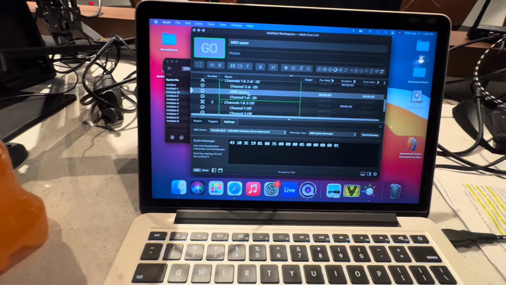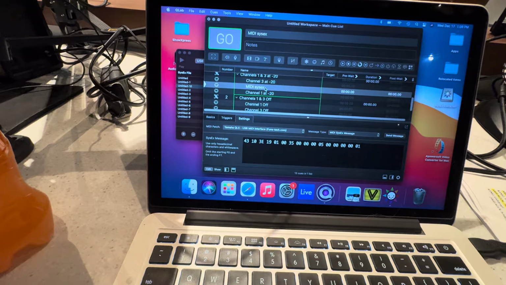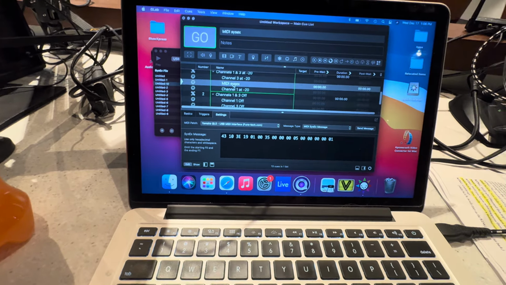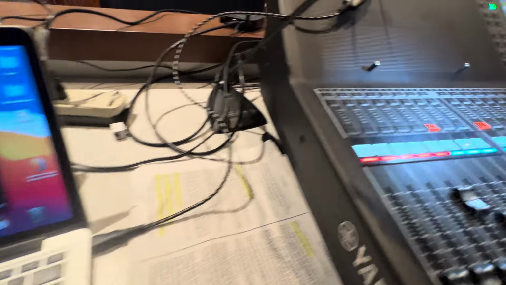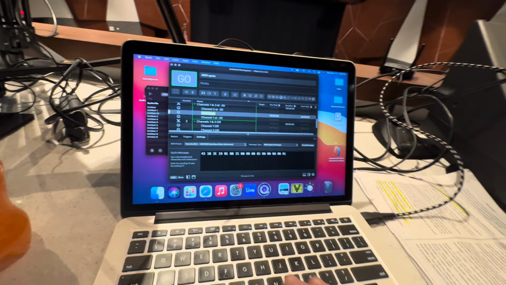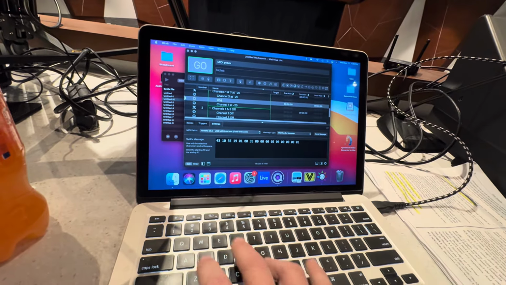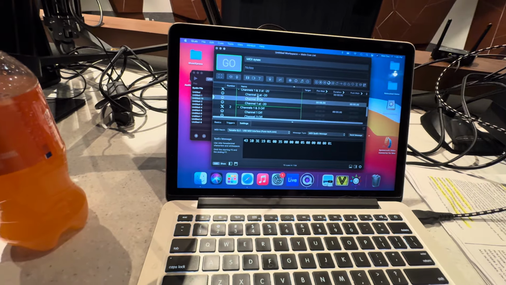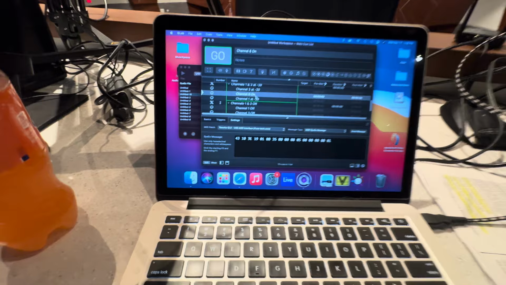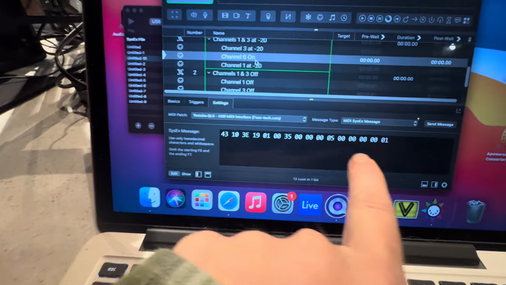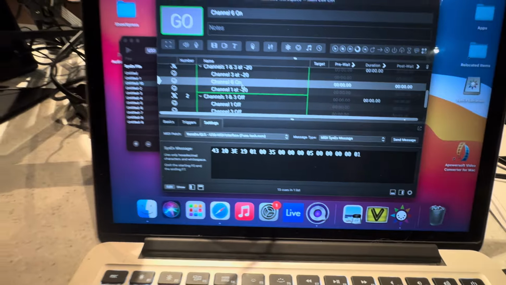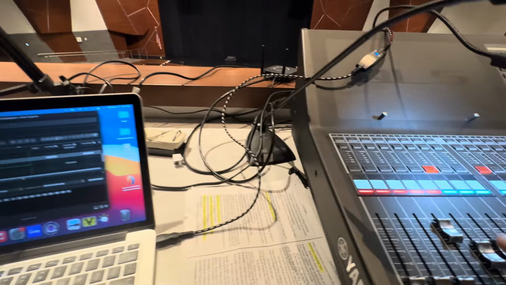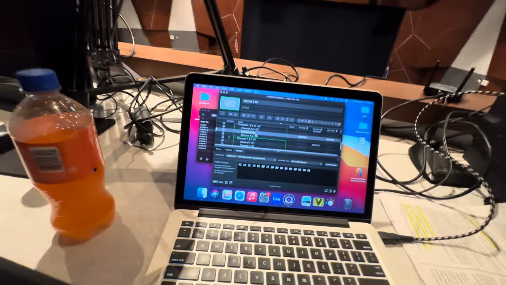So this is something that you would record, or identify what the code is for what you want to do, and then you would rename this to say, okay, this is channel 5 or channel 6. So we'll say channel 6 on. Or you can keep your spreadsheet with all of these values here. Either way works, but it is super cool because literally anything that you do on this is going to be captured within this